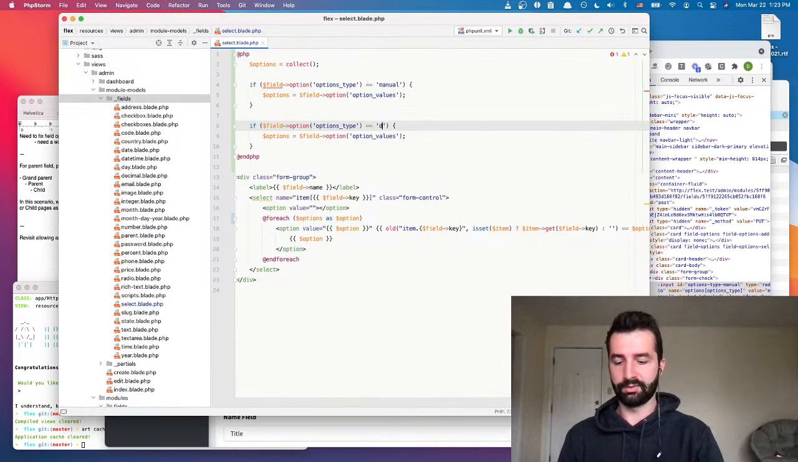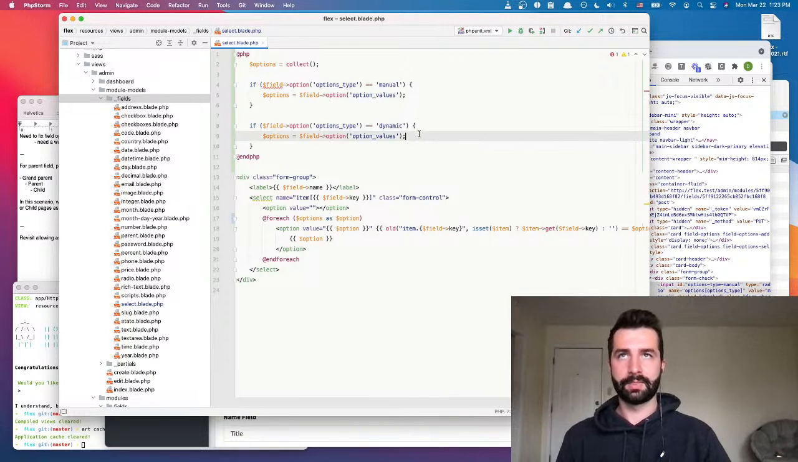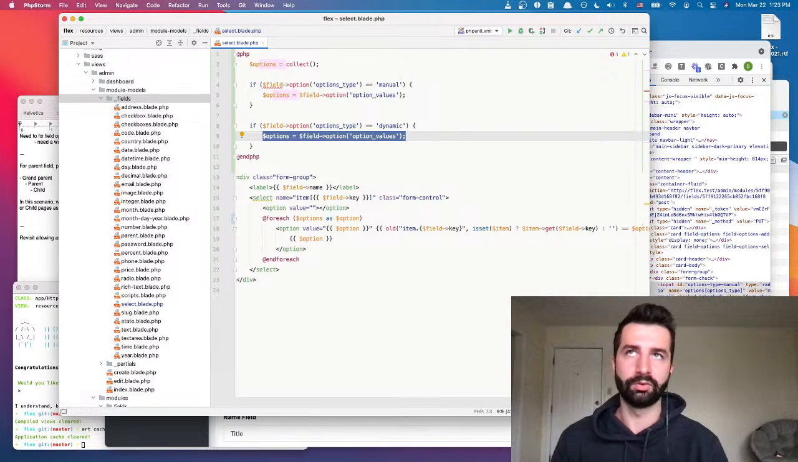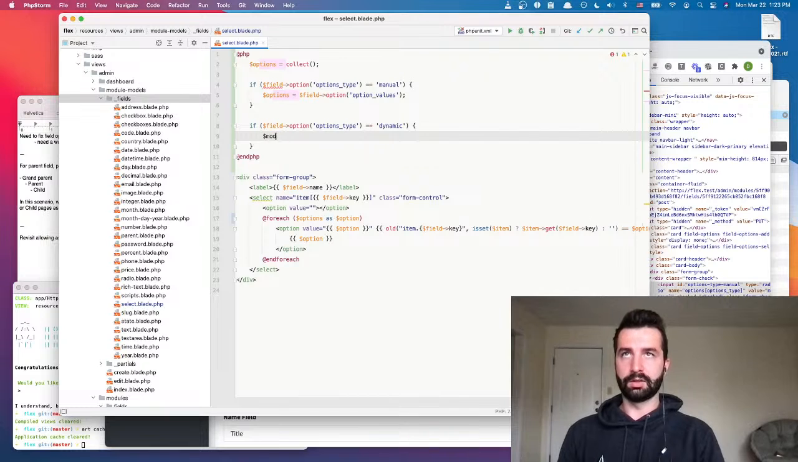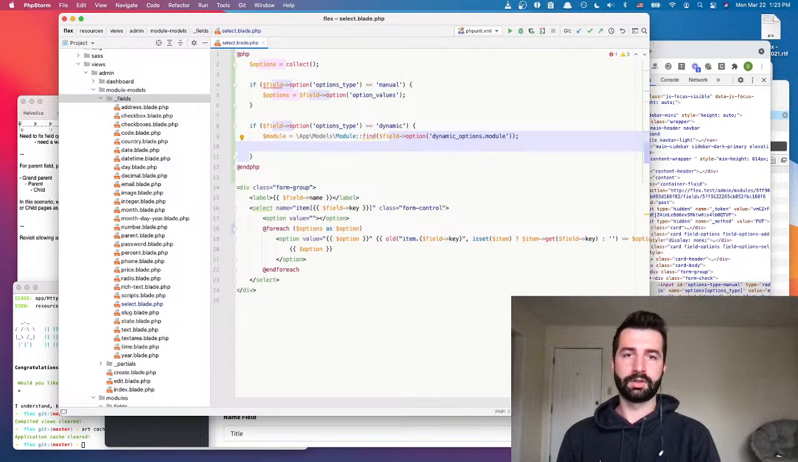So I think the name of this one was dynamic. And for this one, we're going to have to pull those from the module. So the module is going to be module find field option dynamic options.module, and then